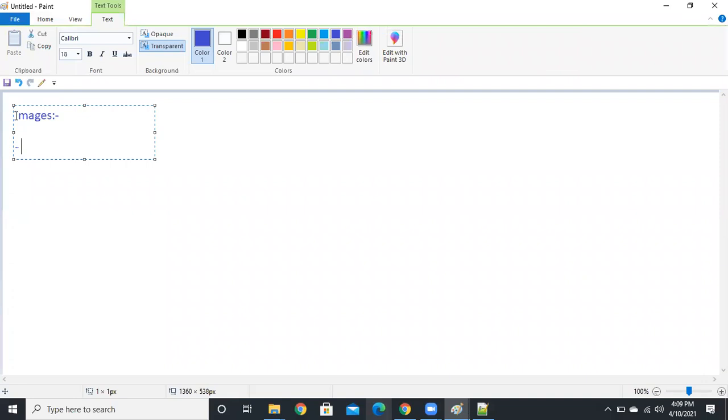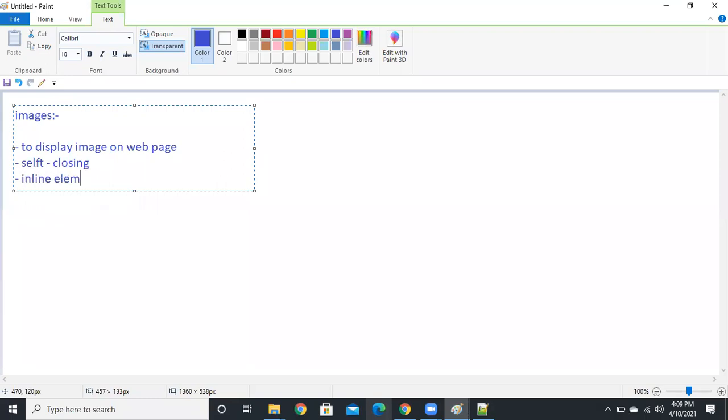To display an image on your web page, just use the img tag. Remember two more points: img is a self-closing tag, like br and hr, and img is also an inline element.